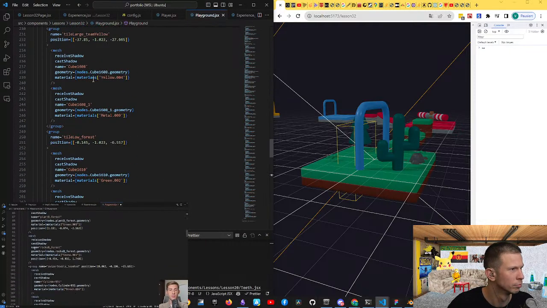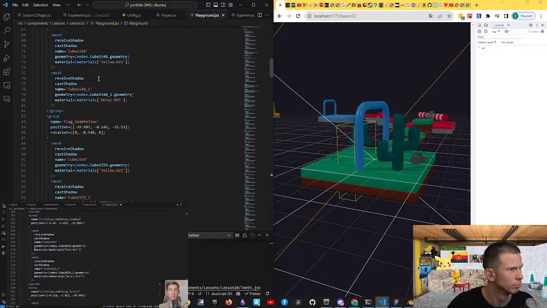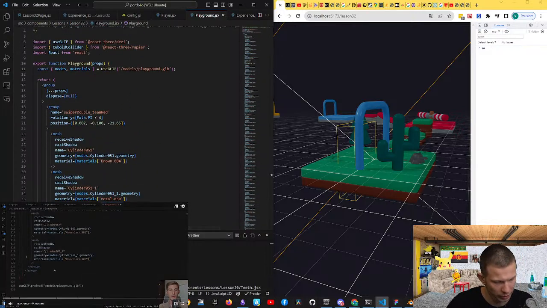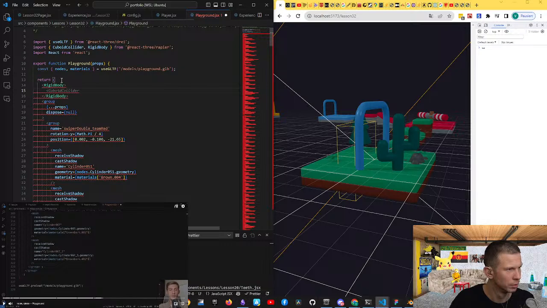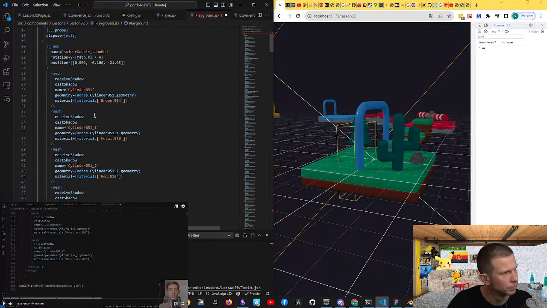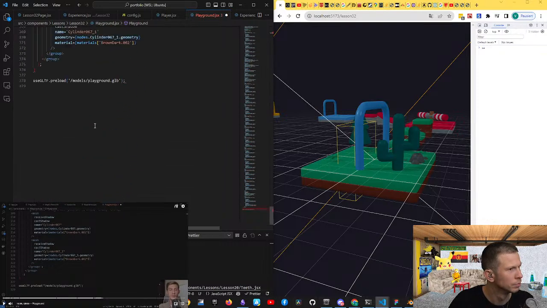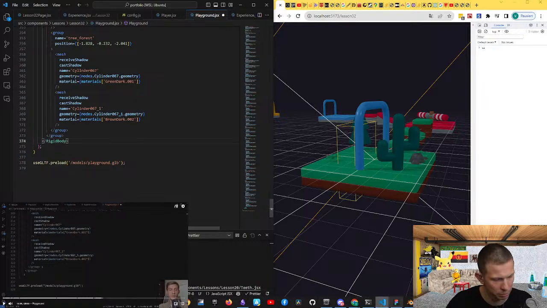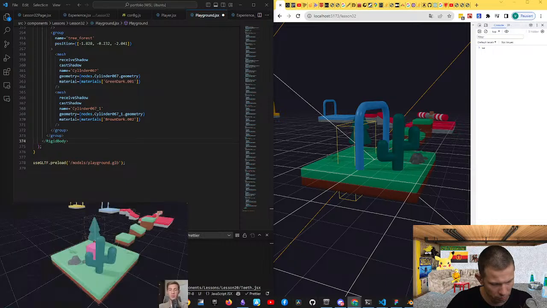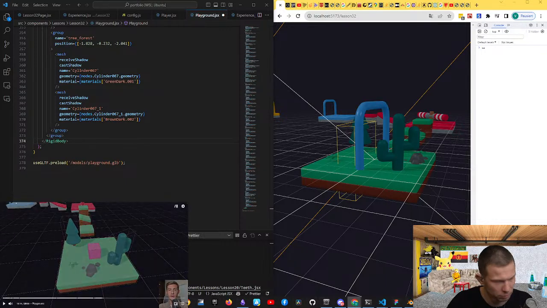So we go on the bottom of the file, find the closing group, and just before /rigid body. So now automatically we have colliders added to our